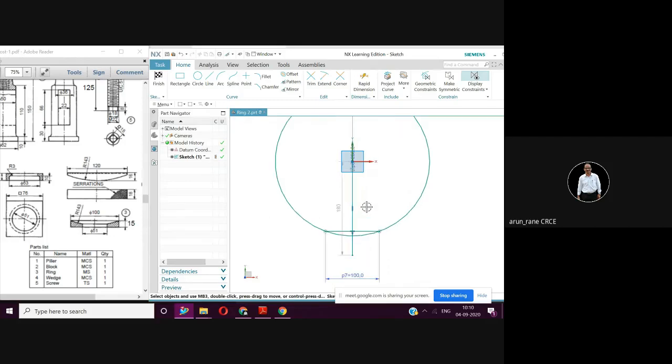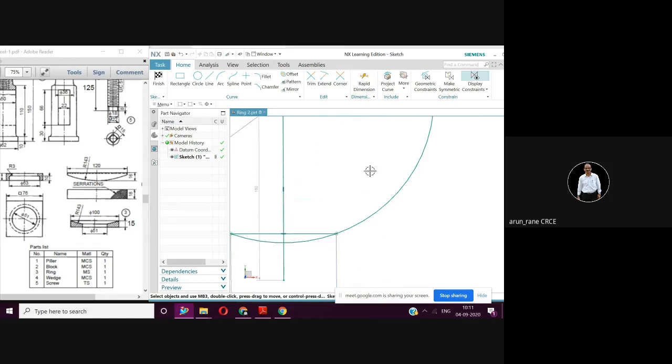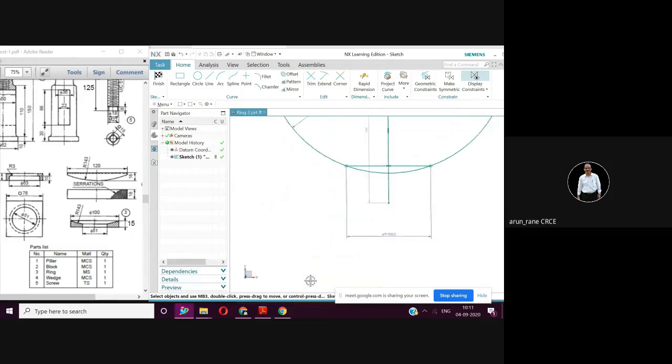Zoom it, pan it. Now we got this 100, and this radius is also 143. So now we will draw a line from this, that is 15 mm. So go to the line, select this point. Obviously this point is at -50.